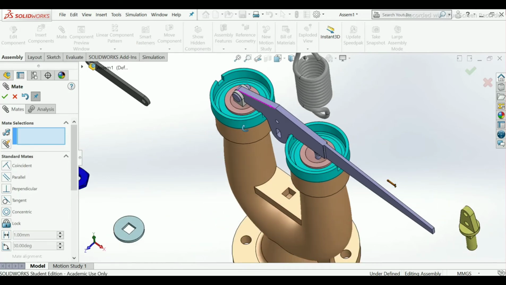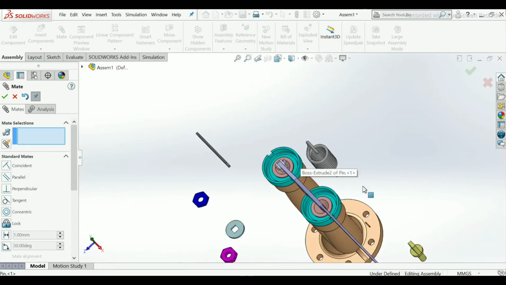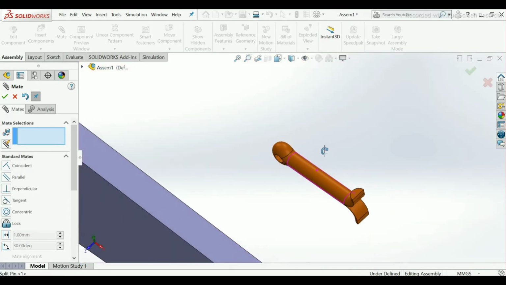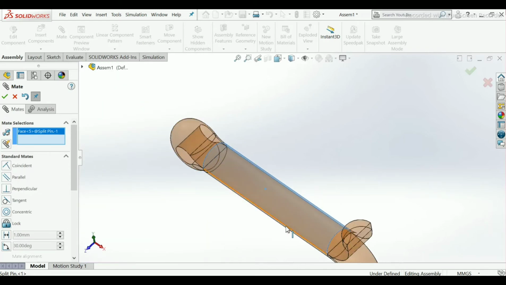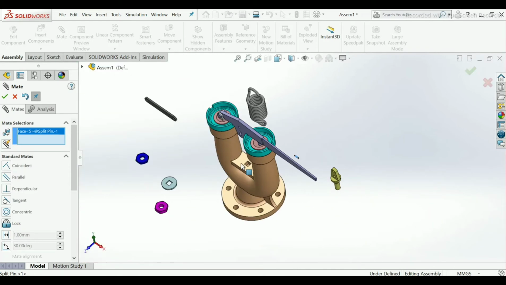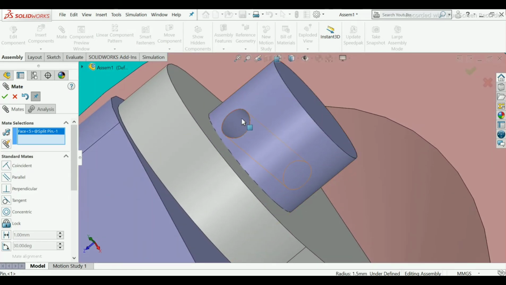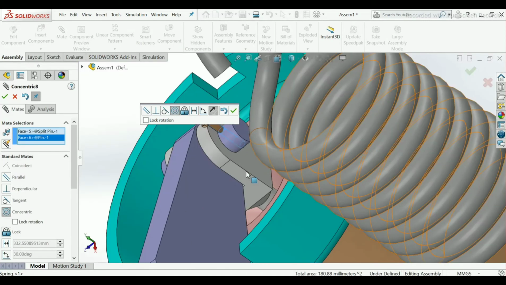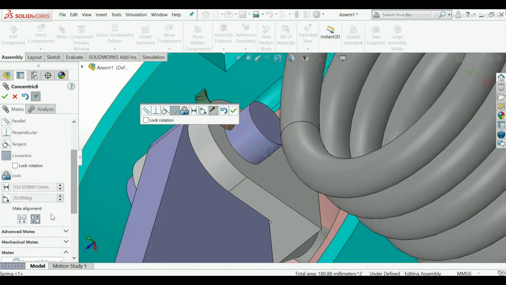Now here we have to place one pin in this hole. So our split pin is here. Select this pin face, select this face of pin, and this hole face. Now change the alignment by using make alignment, align it.